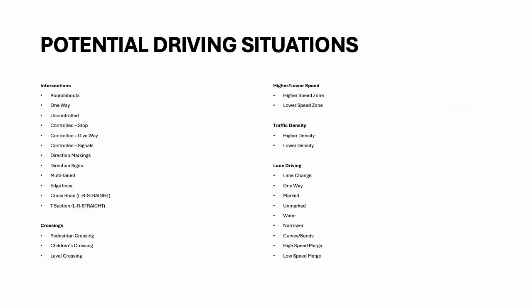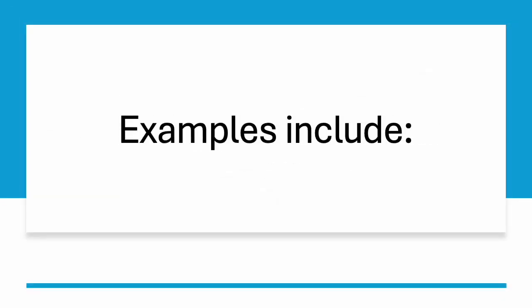Firstly, let's take a look at some of the potential driving situations that someone would get in a commentary drive situation. They can be intersections, crossings, high-speed zones, traffic density, and lane driving, to name a few. Some examples more specifically include